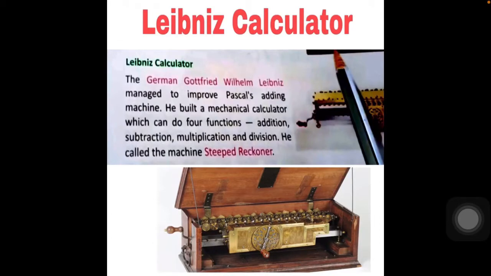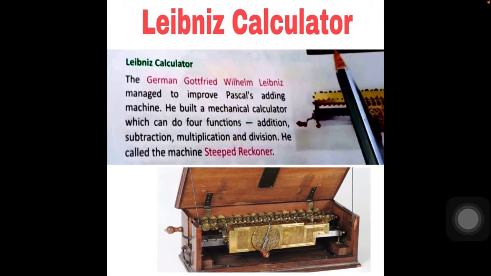In the last two parts, we discussed how the journey of the computer started. It started with the abacus machine. After the abacus, we discussed Napier's bones, right? After Napier's bones, we discussed the Pascaline. Okay. So after the Pascaline, today we are starting our session with the Leibniz calculator.